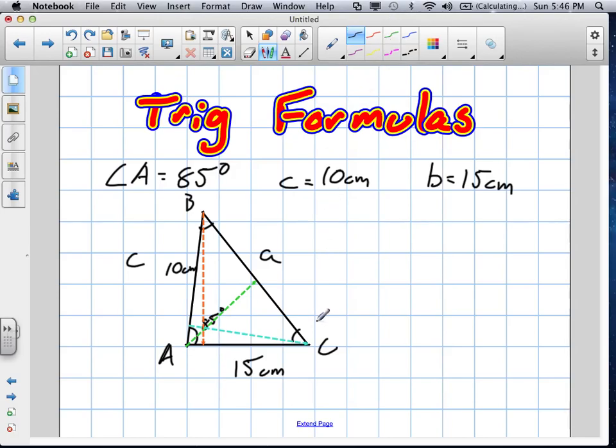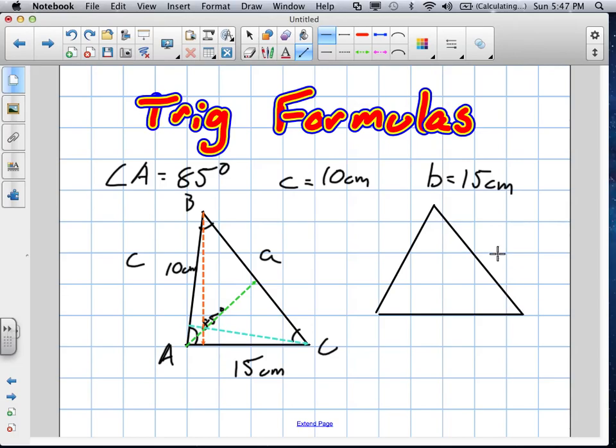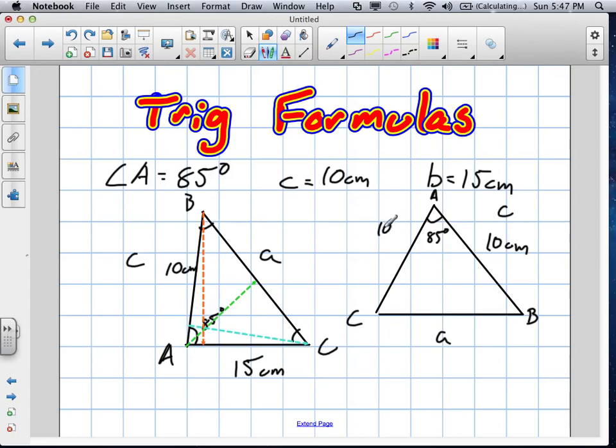So, we have to decide what we're going to call the height. Okay. From the information we have here, let's see what we can solve. We'll twist and turn this triangle around to see what will help us out. If we turn it this way, the triangle roughly looks like this. If we turned it on side A at the bottom, okay. And what I'm going to do is, this is A, so this becomes 85 degrees. This becomes our 10 centimeters, so side C, angle C, A, B, and 10 centimeters. Whoops, sorry, I lied. 15 centimeters. That's that side